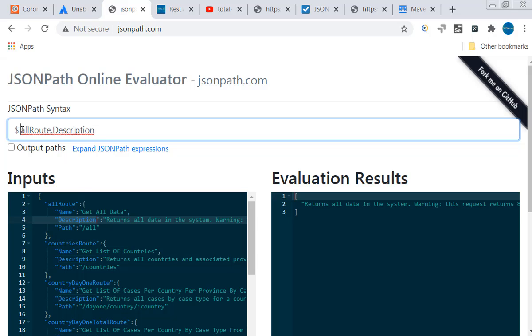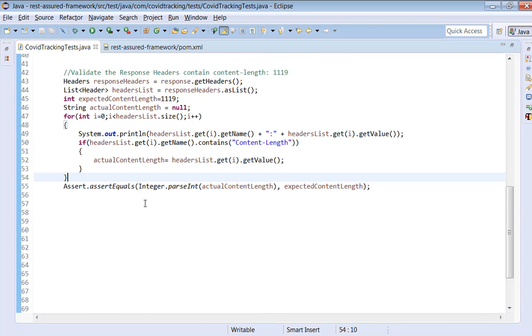Once we get this response, we have to give the root as root dot description or root dot name. Just keep this point in mind. This is what we use to get this name in the program as well.